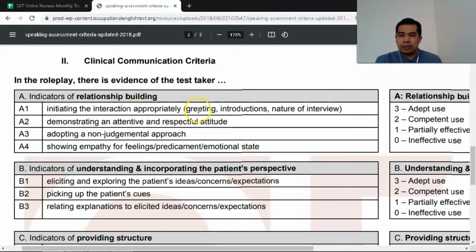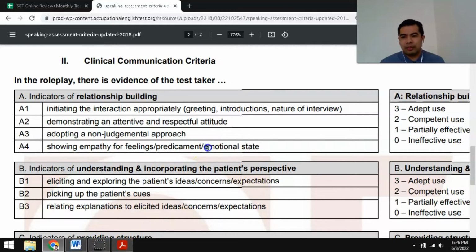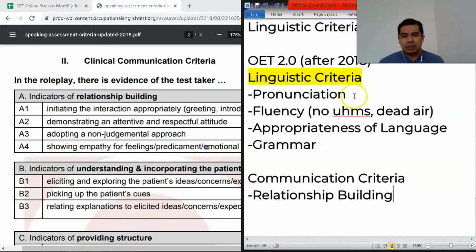And one way you can do that is just by greeting, giving your introduction, mentioning who you are, your purpose in this role play, or how you're going to help the patient. Being attentive, respectful, and make sure not to be judgmental. Make sure to be open, and most importantly, I think this is what most students lack, showing empathy, showing feelings, or showing emotions. They realize that while a lot of students may have had good pronunciation, fluency, appropriate language, and grammar,